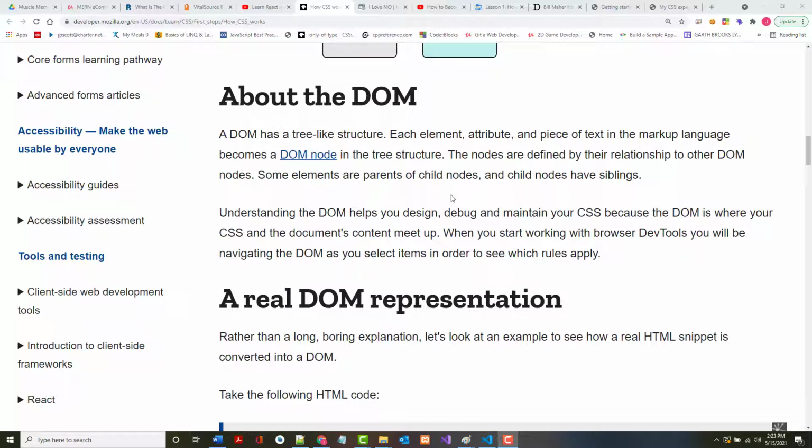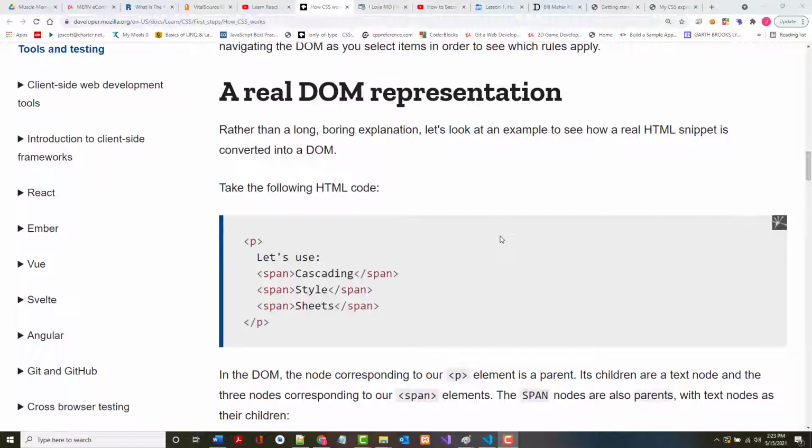So as it says, understanding the DOM will help you design, debug, and maintain the CSS. Because as mentioned, the DOM is where the CSS and the document's content meet up. So it says, rather than a long, boring presentation, let's look at an example. It says there, take the following code. Now this isn't going to have much in it. In fact, if I grab this code that's right here,